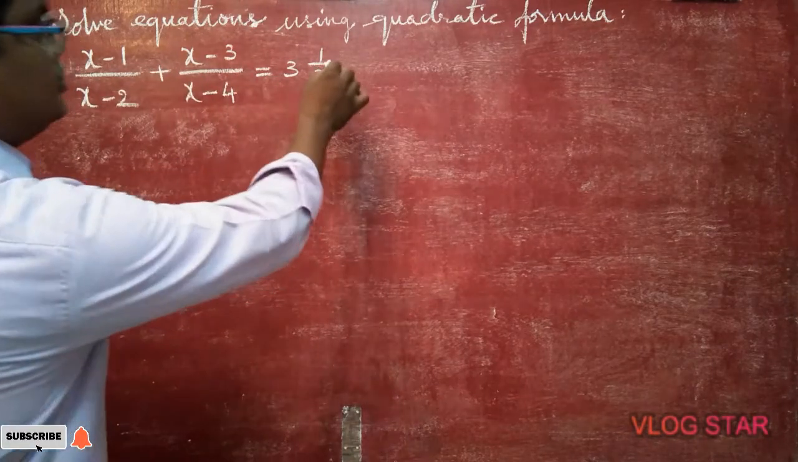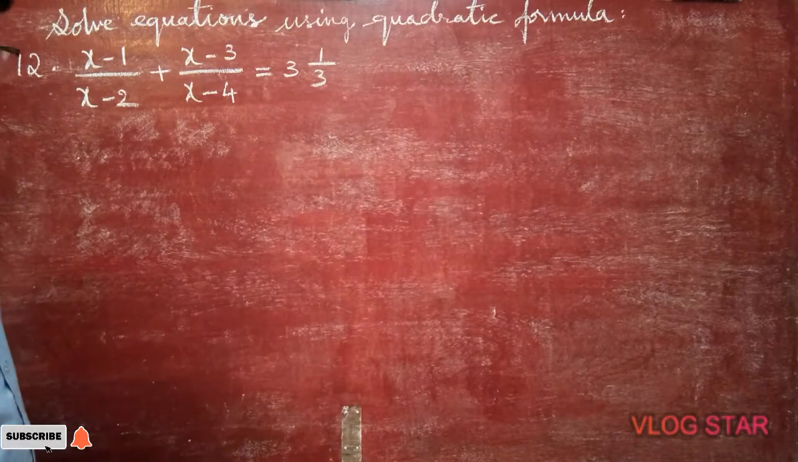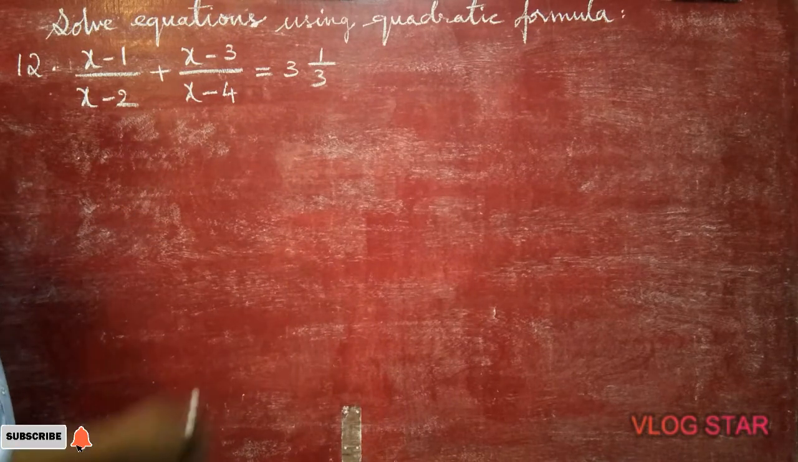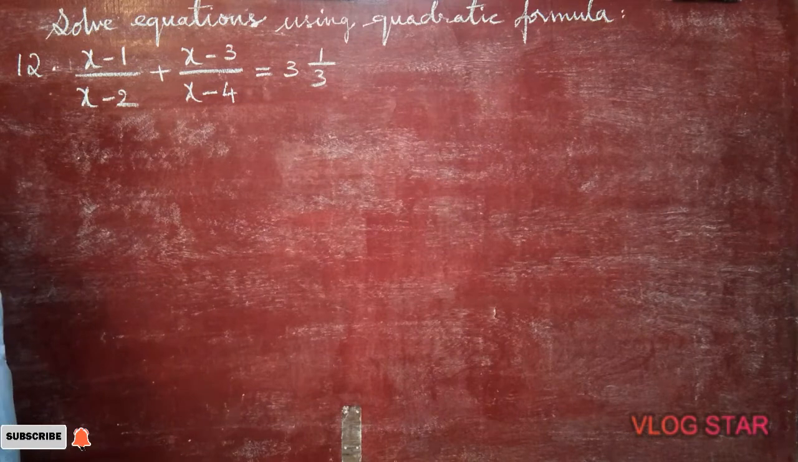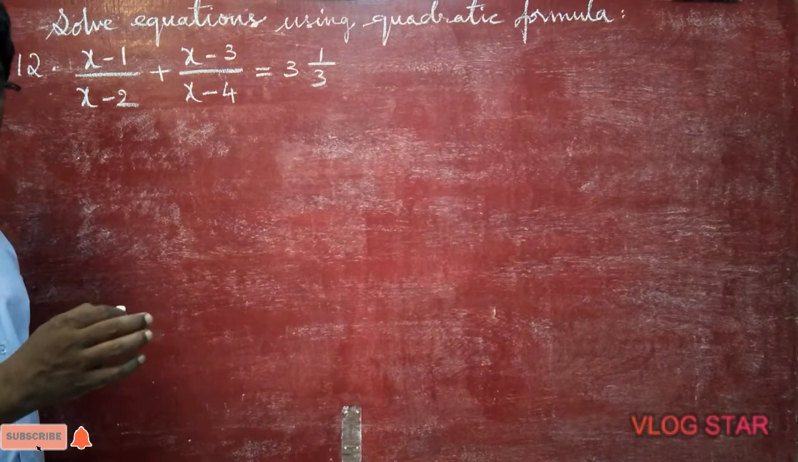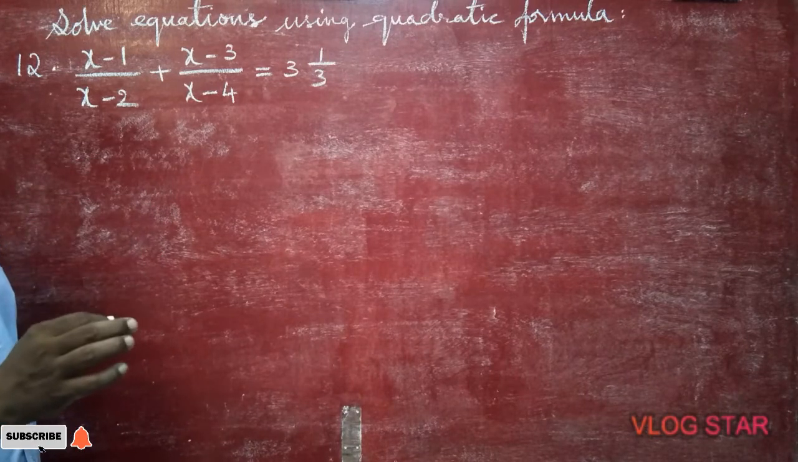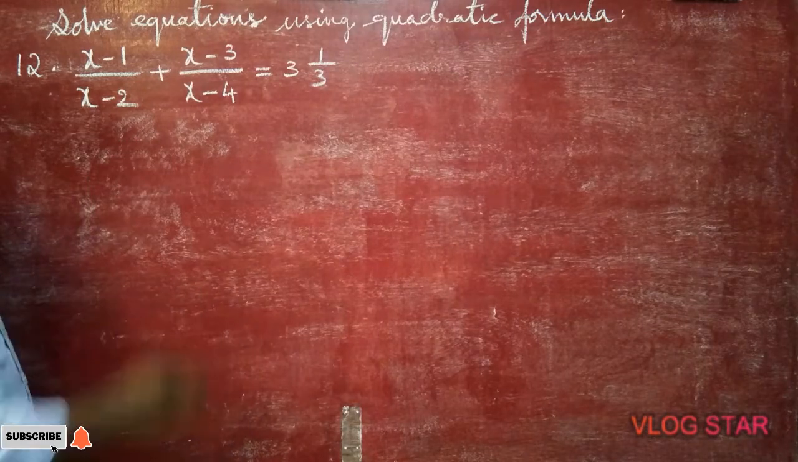Solve equations using the quadratic formula. Do you know the formula? Forgot? Now it is not in the shape of a quadratic equation. We have to frame it, we have to bring it out: ax square plus bx plus c is equal to 0. That is the general form of a quadratic equation. Then the formula is the roots formula: x is equal to minus b plus or minus square root of b square minus 4ac by 2a. Okay. First of all, we have to